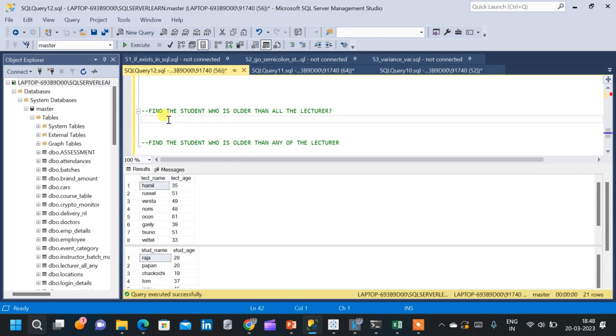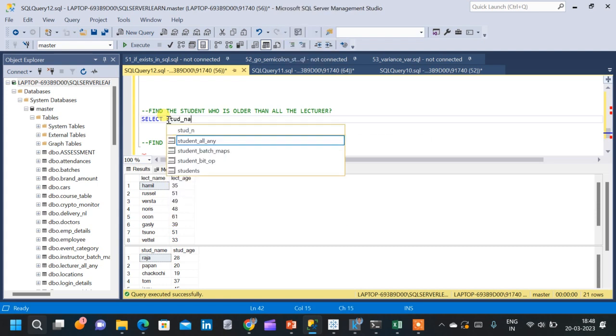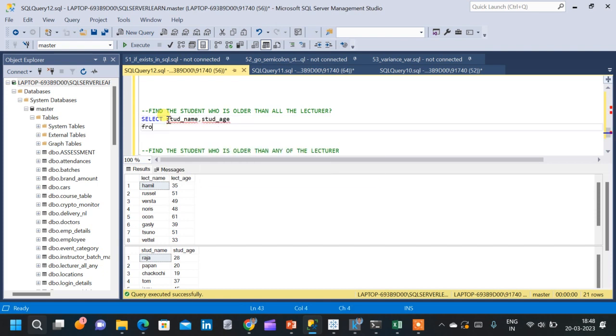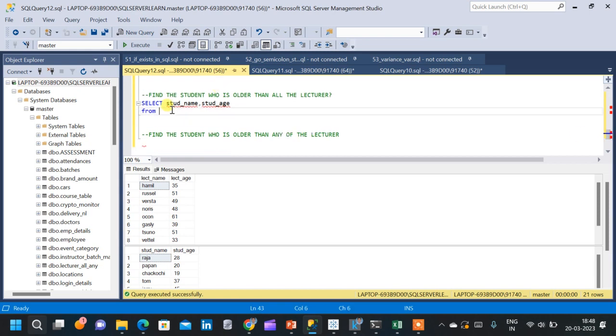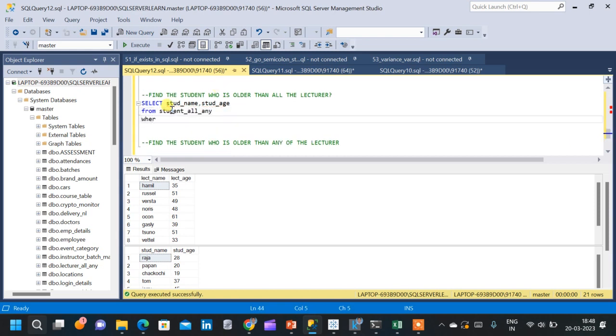Now let us start with a select clause. Select. So we want student name and student age from the student table, that is student name comma student age and from the student table. So the student table name is student underscore all underscore any. I'm going to copy the table name and after that we are going to use the where clause, and what we are going to do inside the where clause is we are going to compare the student age with the